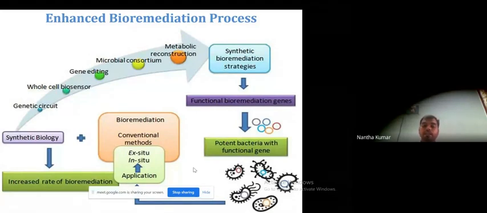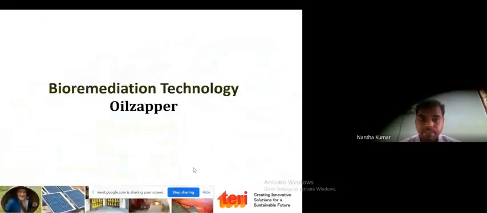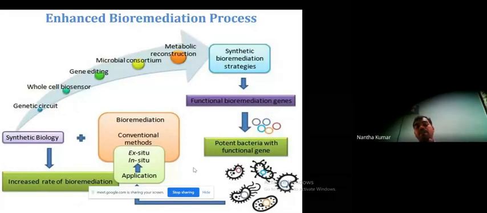That we will discuss later in the case studies. So these are all the fundamentals of the bioremediation process, how it works and the mechanism behind it, which we have discussed up to now.